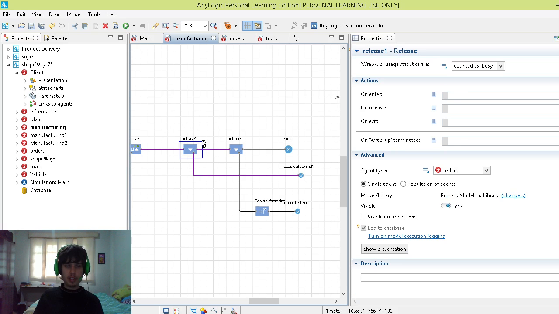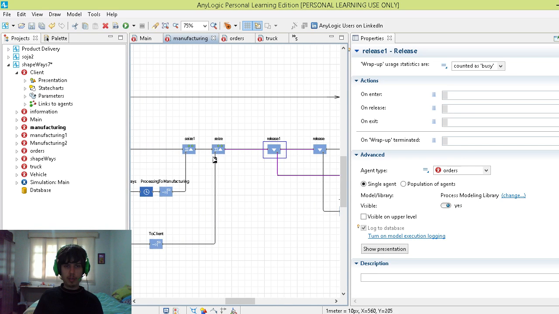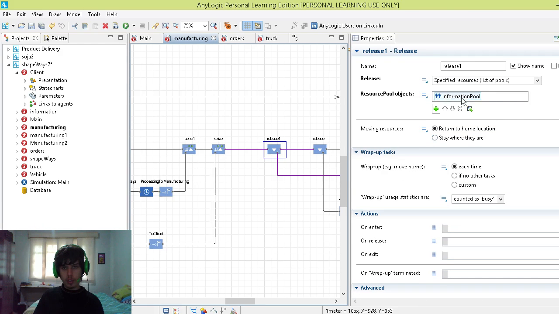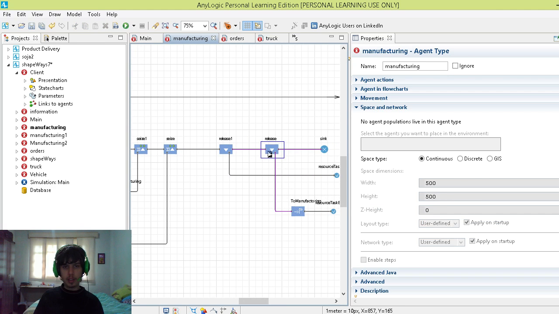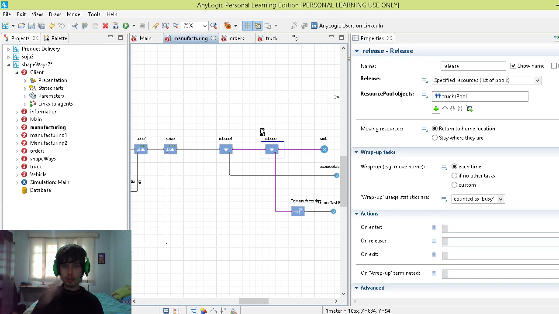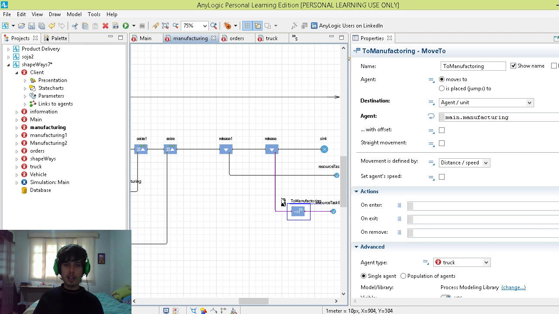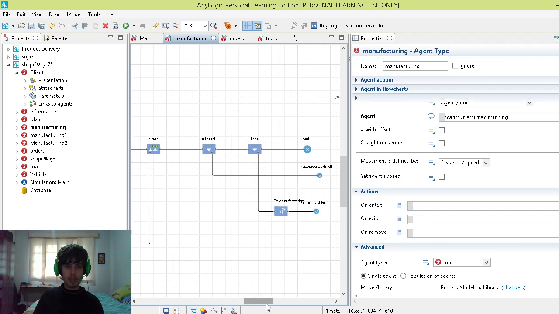The first release is the release of the orders agent, of the information agents. So the information pool was released, and then we have the releasing from trucks pool. When I released the trucks pool, I send them back to main manufacturing,